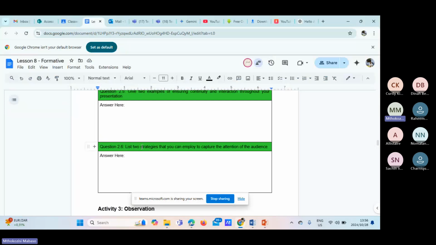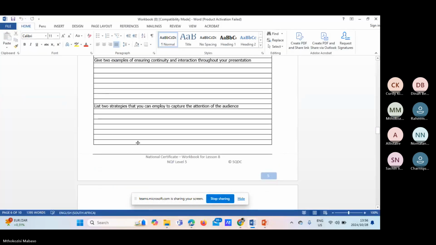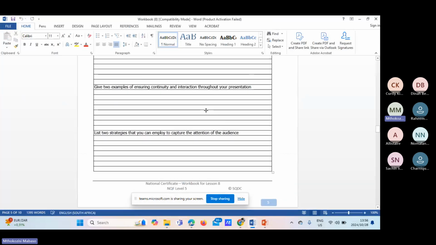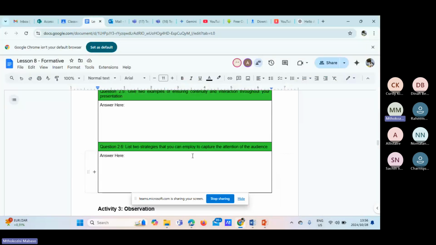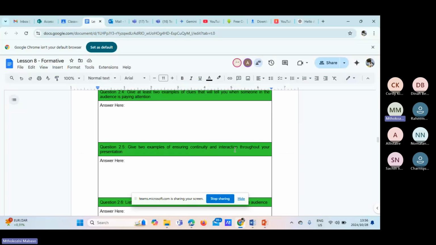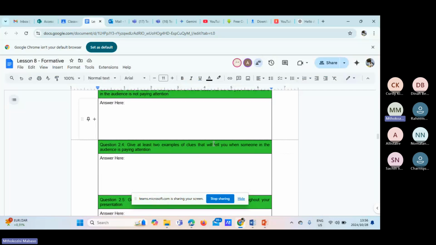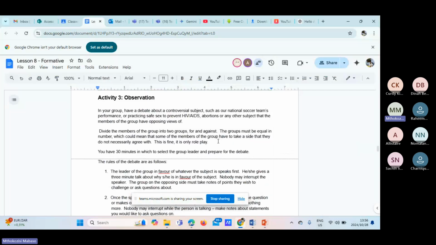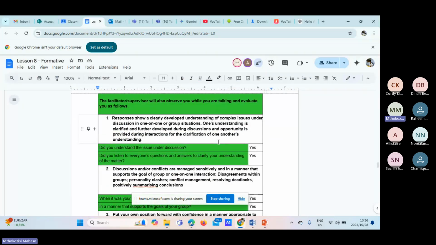Because the second last question is list 2 strategies that you can employ to capture the attention of an audience. There's 2 strategies that you can employ to capture the attention of an audience. Same thing. 2 examples of ensuring continuity, and so on and so forth. Okay, I don't think it's that far off. I wouldn't know what the difference is though, but I think they are